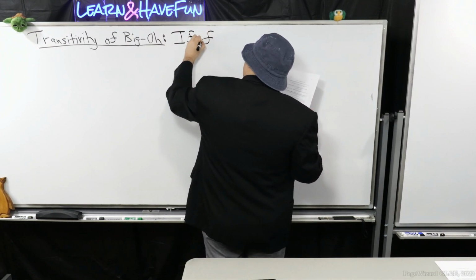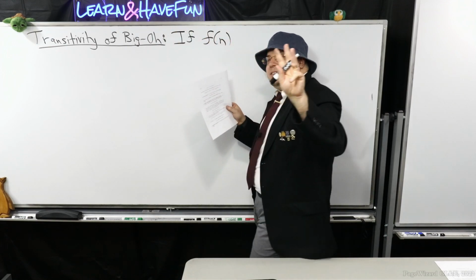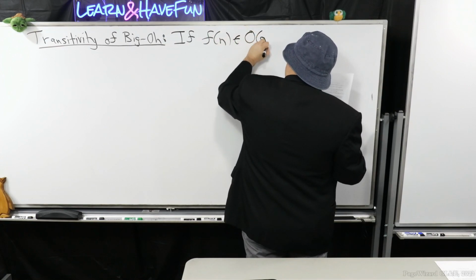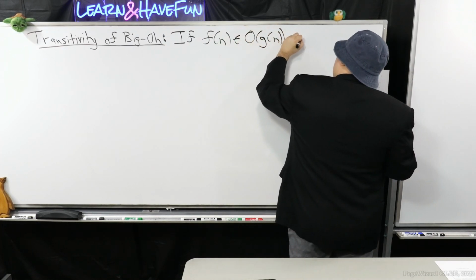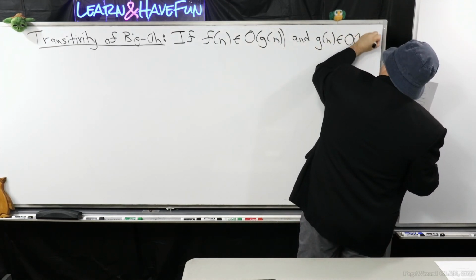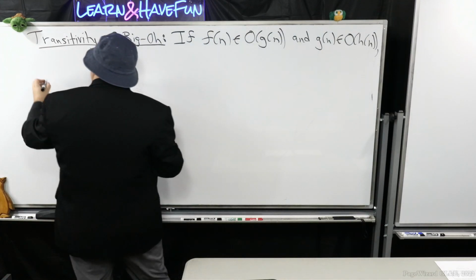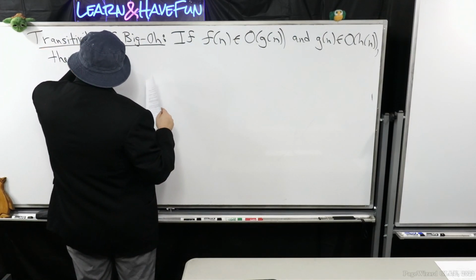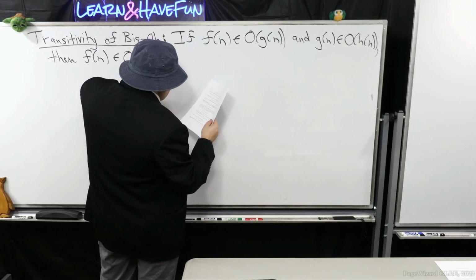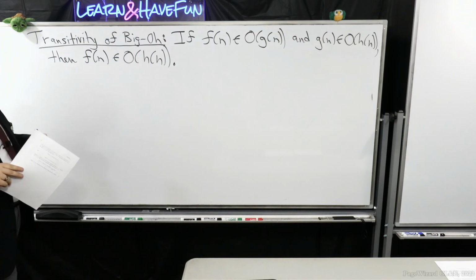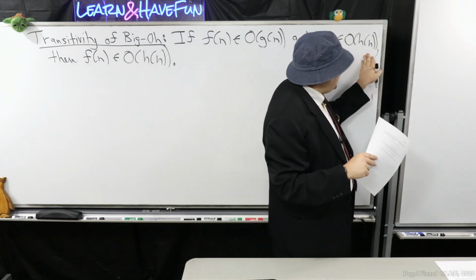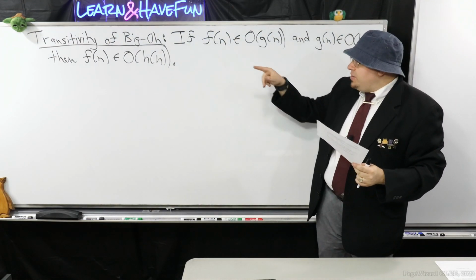Suppose I give you three arbitrary complexity functions, f, g, and h. Here's the statement. If f is big O of g, and g is big O of h, then you can say that f is big O of h. That's what the statement is, and this is what we're going to prove. You can see quite quickly that we have a conditional statement. So if this and this are true, then it has to follow that f is big O of